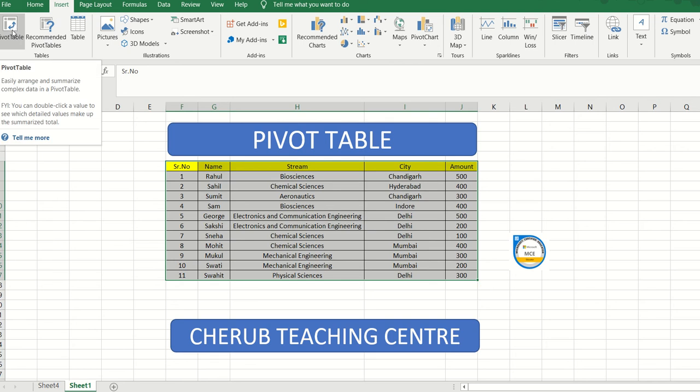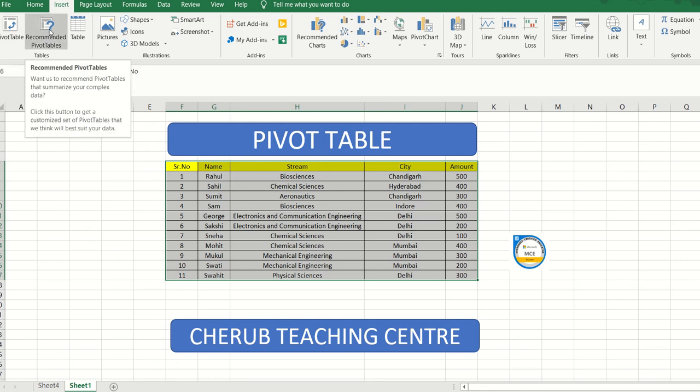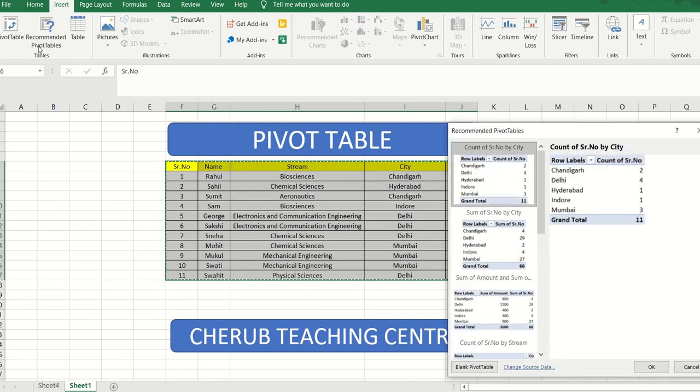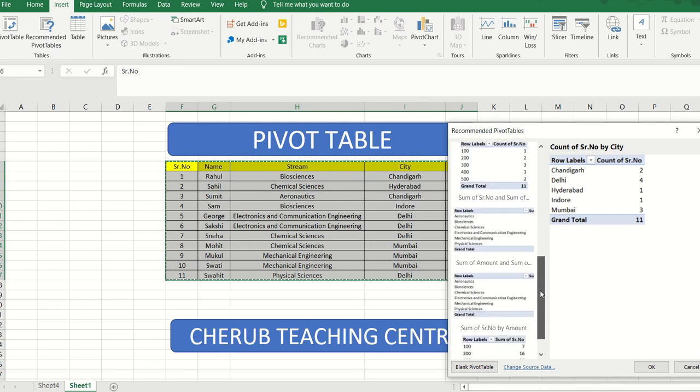This particular part on which I'm hovering my mouse, we have already covered in our previous video, that is pivot table part 1. So please ensure to watch that previous video of mine, and along with that I need to take you through the step today, which is recommended pivot table. Now what happens in Excel is this is an updated version in which if you are selecting a particular area, Excel will give you certain recommendations on how to generate the pivot table. So the moment I'm clicking on recommended pivot table, you can see over here that it is giving me a lot of recommendations, that these are the various options that I can use.